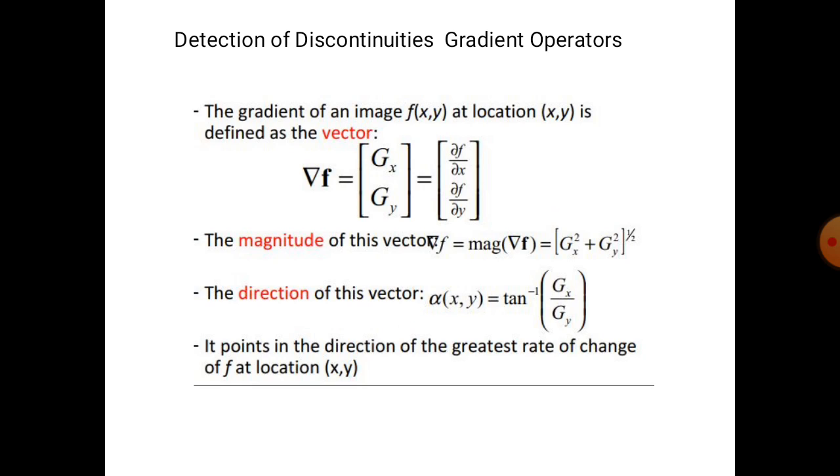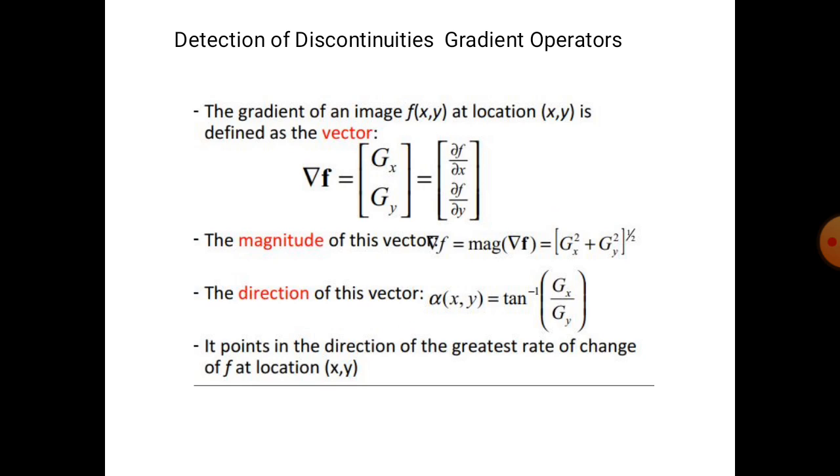Now the gradient operators, which are the basis of edge detection. Detecting changes in intensity for the purpose of finding edges can be accomplished using first or second order derivatives. The image gradient and its properties: the tool of choice for finding edge strength and direction at location x,y of an image f is the gradient, denoted del f and defined as the vector